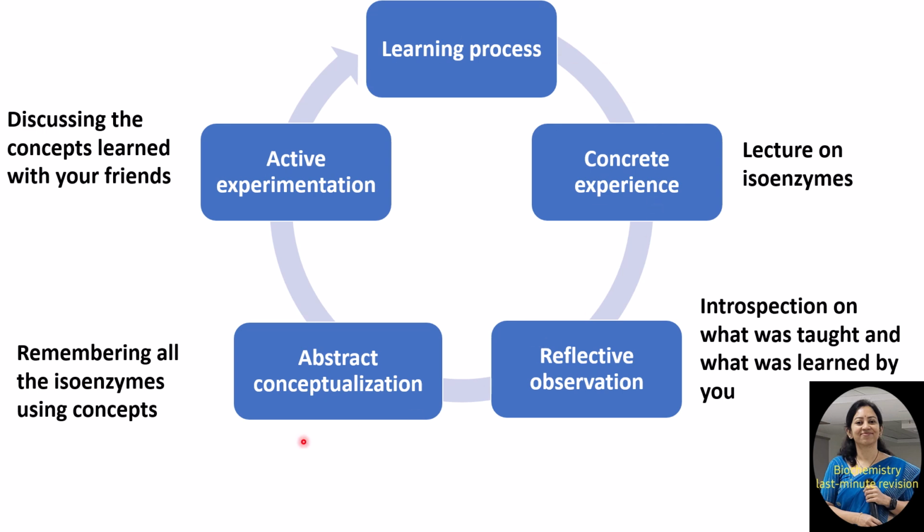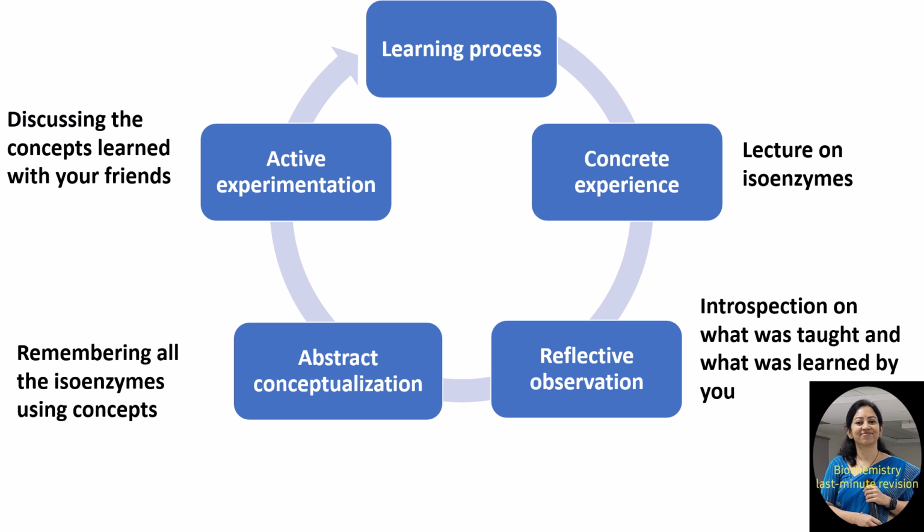Now this will complete the loop, and when you do it repetitively, there occurs long-term retention of the memory. If you stop at any one point of this learning process, there will be only short-term memory gain, and you will be able to reproduce it only for a short term. For long-term potentiation of your memory, you need to follow all the four components of Kolb's learning process in a sequential manner, and do it repetitively, so that you will be able to reproduce the content absolutely in your university examination, or face the oral examination, or answer a competitive exam also.